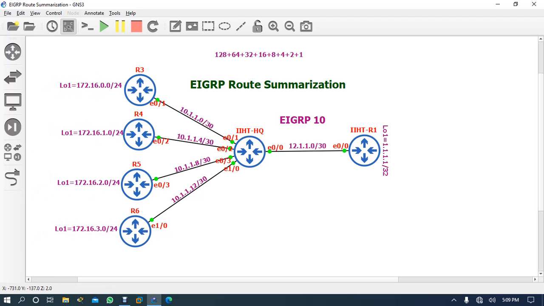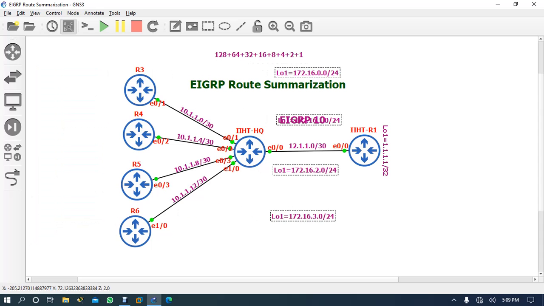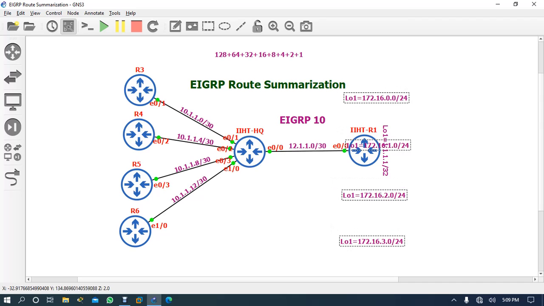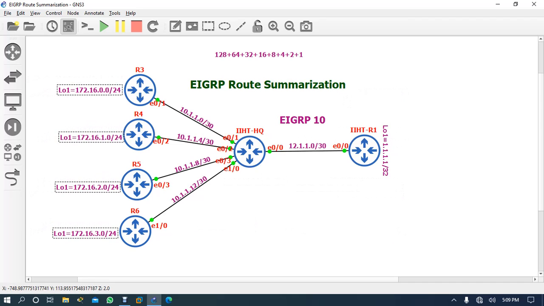But if all these heavy routes come to the branch router also, it will create a problem. Why? Because in the company all routers are not heavy routers. Maybe my edge router is a heavy router, and the other routers are not. So if whatever routes the headquarter has, it shares the same routes to the other routers inside the organization or inside the branch, then maybe this router can hang or the process can become slow.